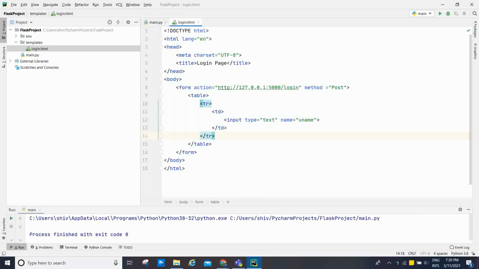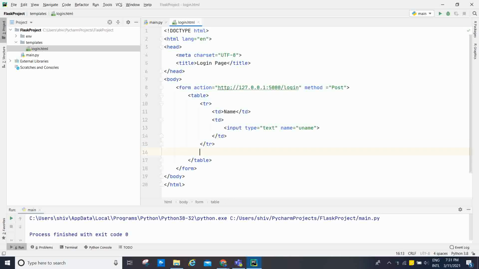Close tr. And after that we are going to add the label, the name, that is the label kind of thing. And now I'm going to close tr.